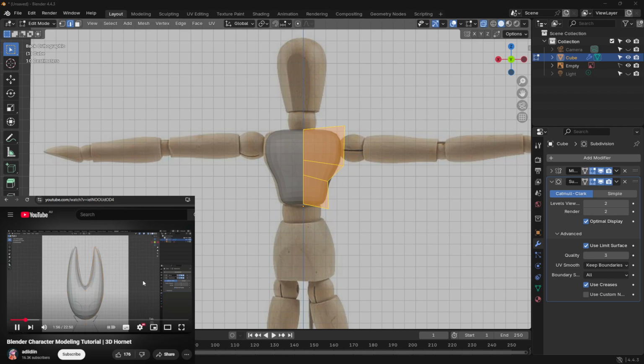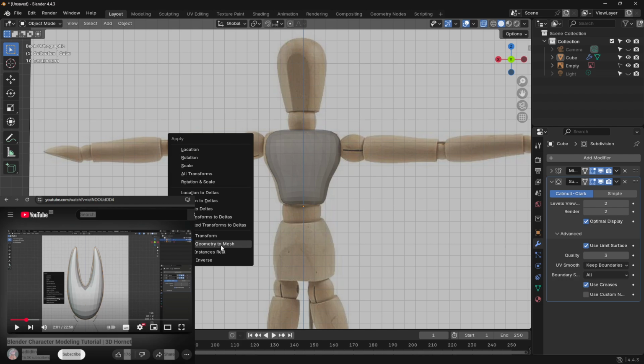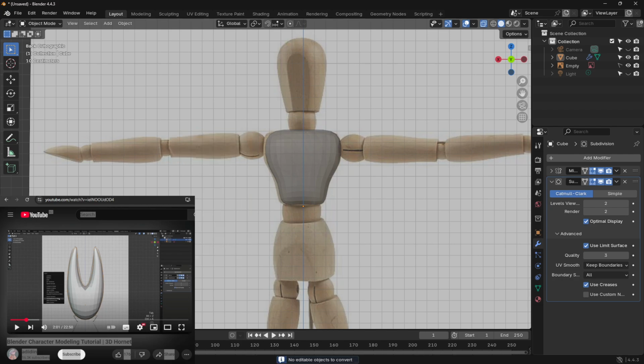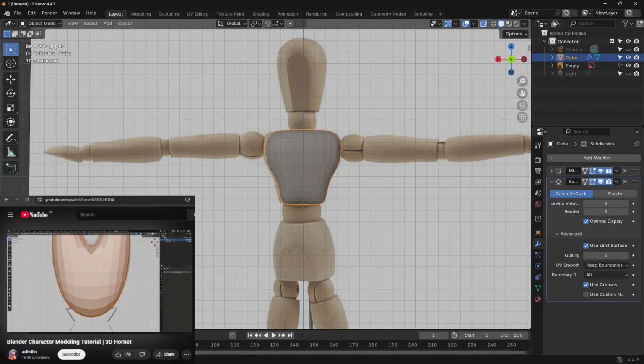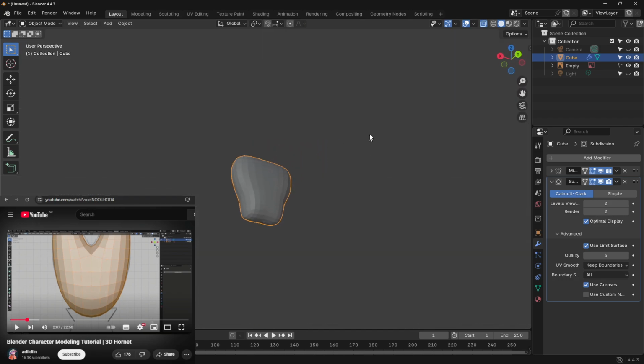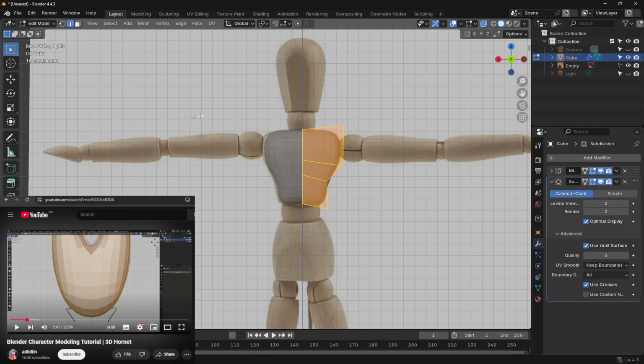Go back to object mode, Control A, then select visual geometry to mesh to apply all our modifiers at once. For the eyes, go back to edit mode, select these faces and